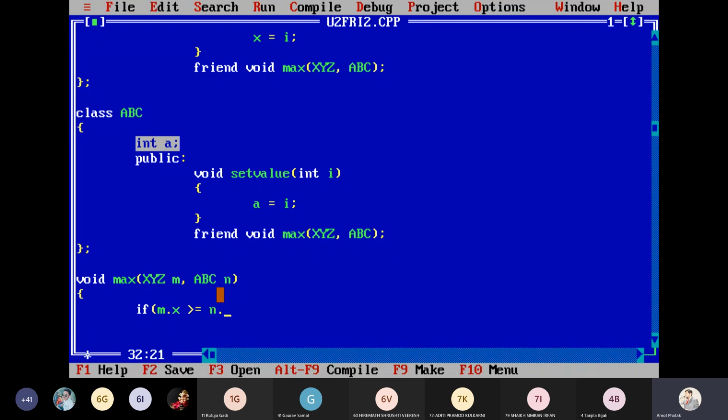N belongs to class ABC, and its data member is A, a private data member.